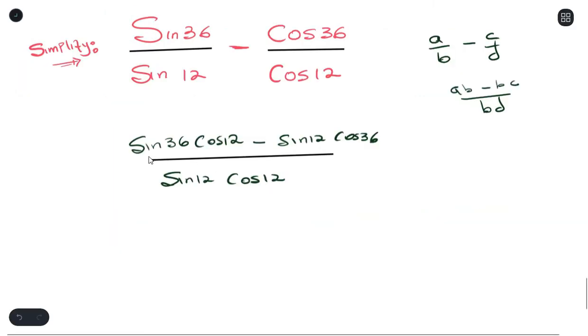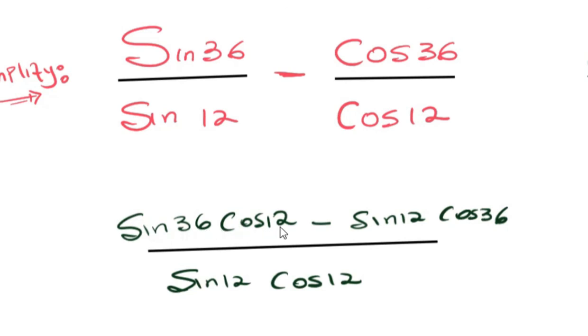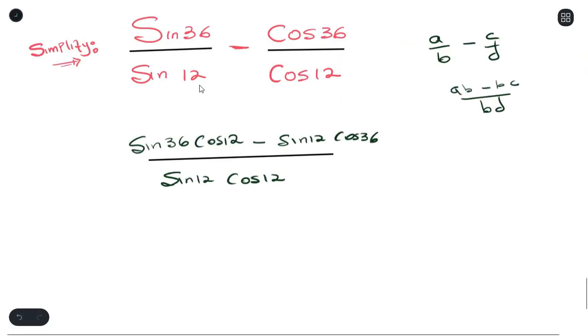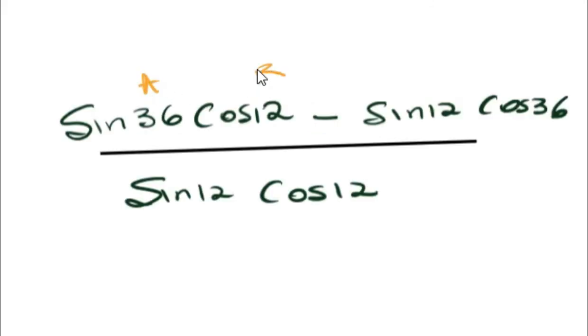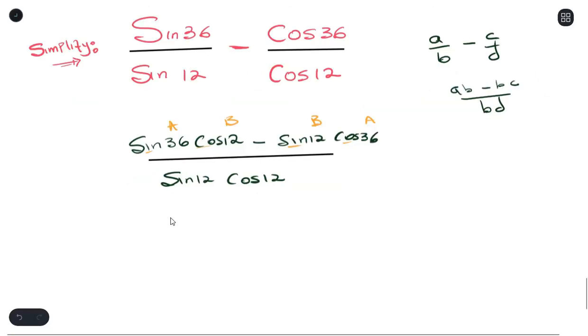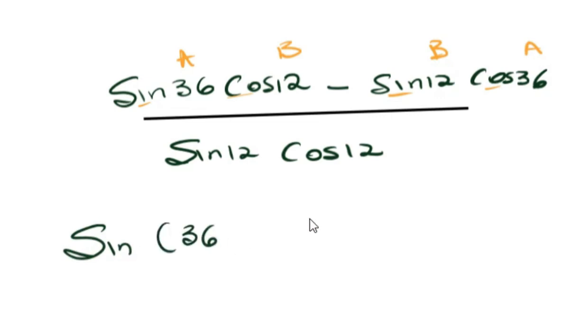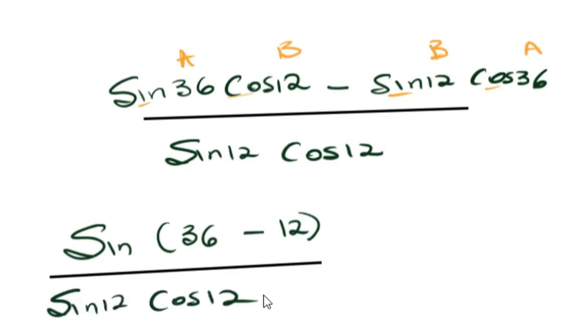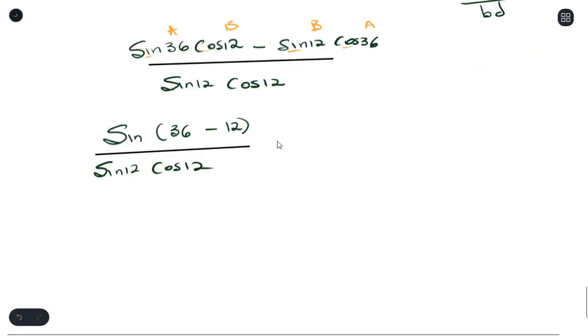So as you can see, your numerator would be sine 36 cos 12 minus sine 12 cos 36. Now, one thing I also notice automatically here again is that this is A and that is B, and this is B and that is A. And I also see I have sine cos, sine cos. So that's definitely a compound identity that we talked about. So this would be written as 36 and 12. Now, because it's negative here for sine, the sign doesn't change. You have a negative over there. And that is over. So therefore, simplifying this would give you,